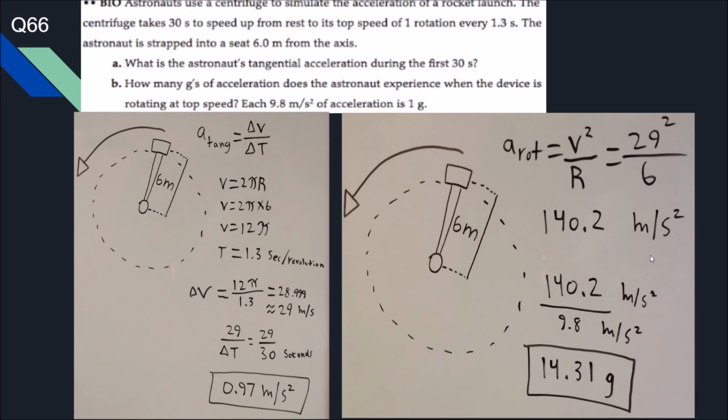And one gravity, which in this case is 9.8 meters per second squared, as it's specified here, we will split our total into 9.8 increments, which results in 14.31 gravities, or 14.31 g's of force,